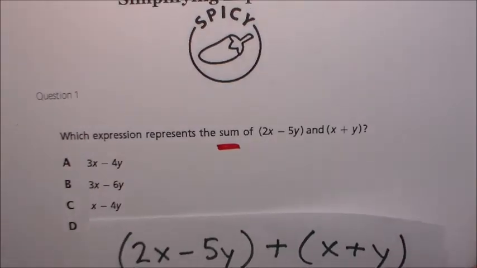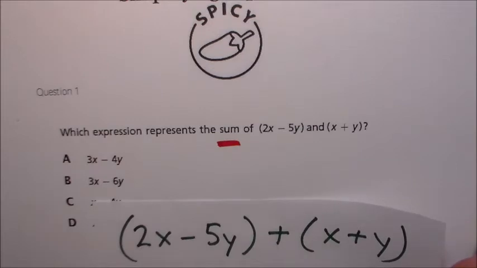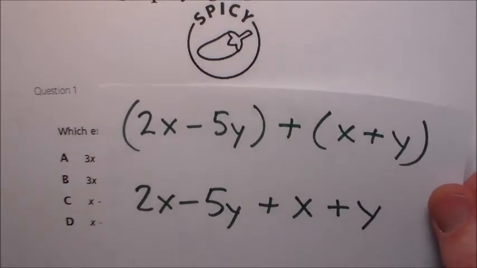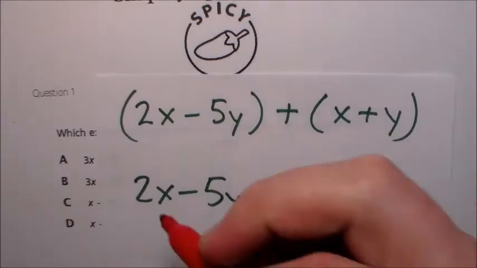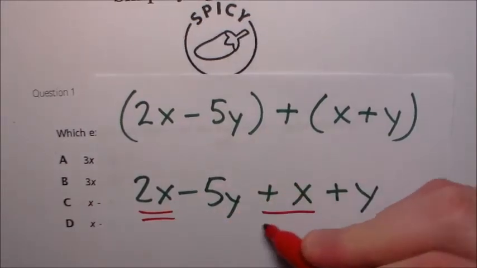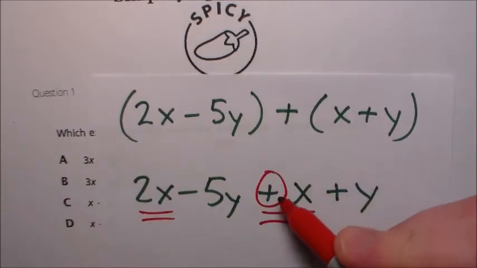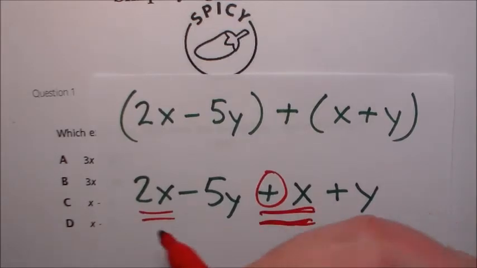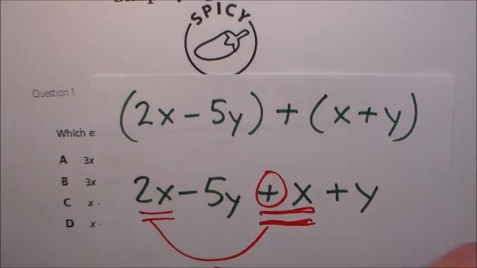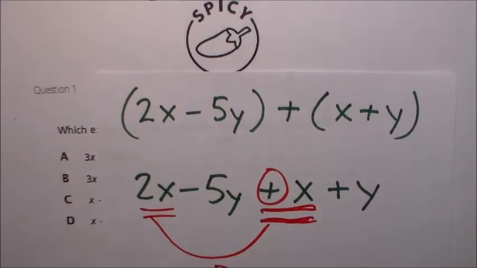So we have the sum, right? So it's going to be 2x minus 5y plus x plus y. Let's just add them all up together. Remember, x's talk to other x's. We have 2x here plus an x, because remember, the operation to the left carries with the term. So we have 2x plus x. That's going to give us 3x. So we're good there. And we have negative 5y